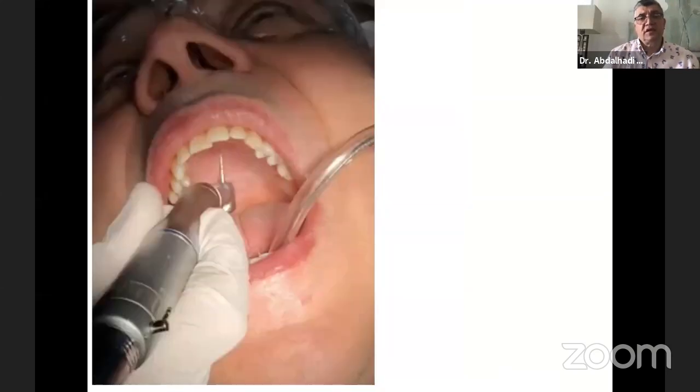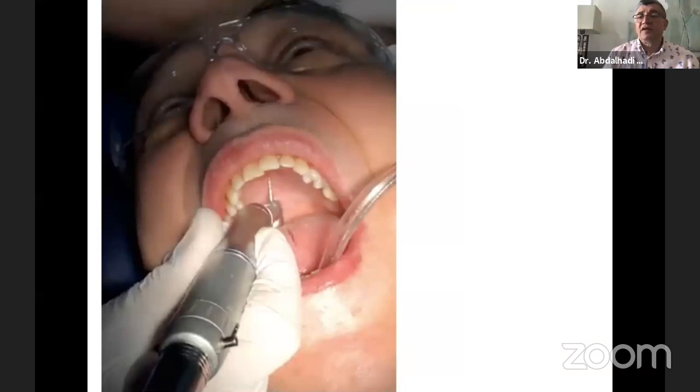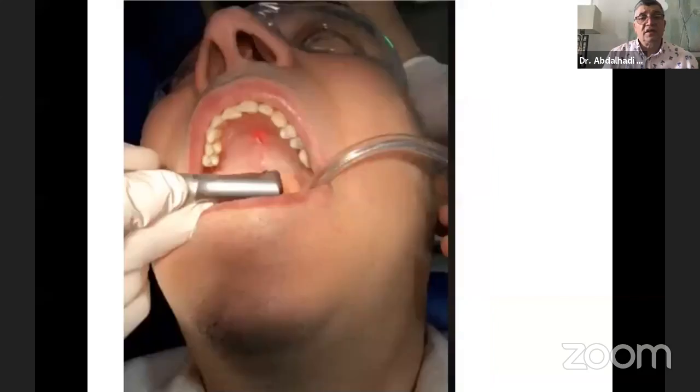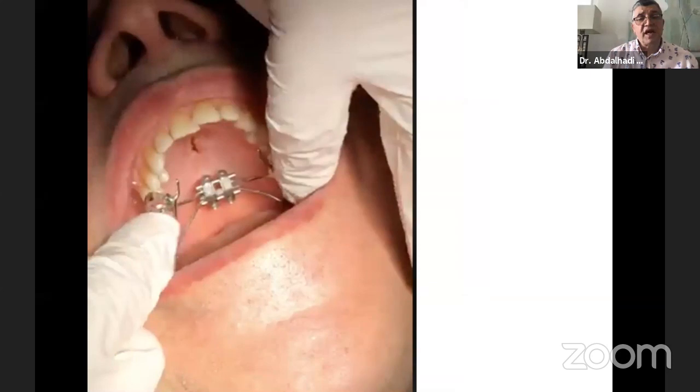a diamond burr. I have those on my Facebook. You can see which burr exactly. And after I finish, I use laser to stop any bleeding, if there is any bleeding, because I want it to be clean when I insert my Marpe. So I put the laser on it. And then I insert my Marpe. You see the opening that I make here, almost 5-6 millimeters of length, and maybe 1 millimeter of width, and 2-3 millimeters of depth.